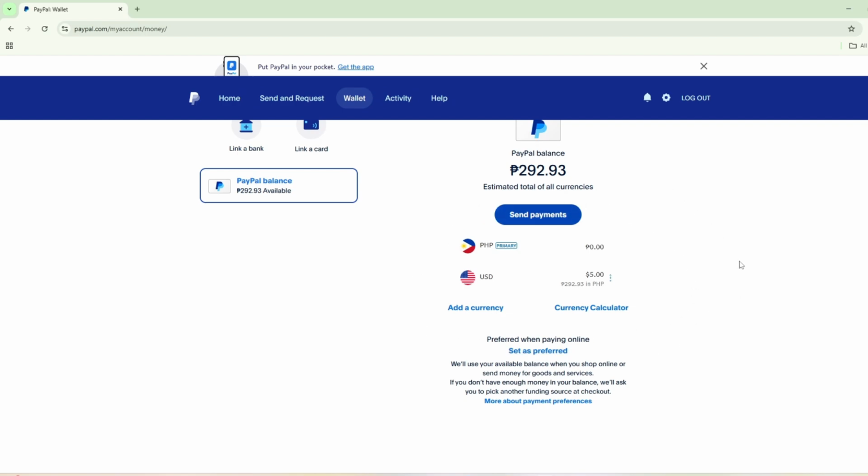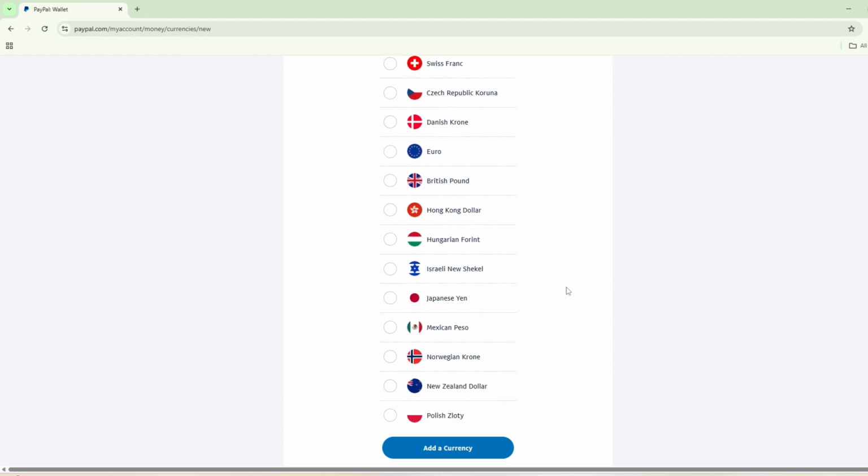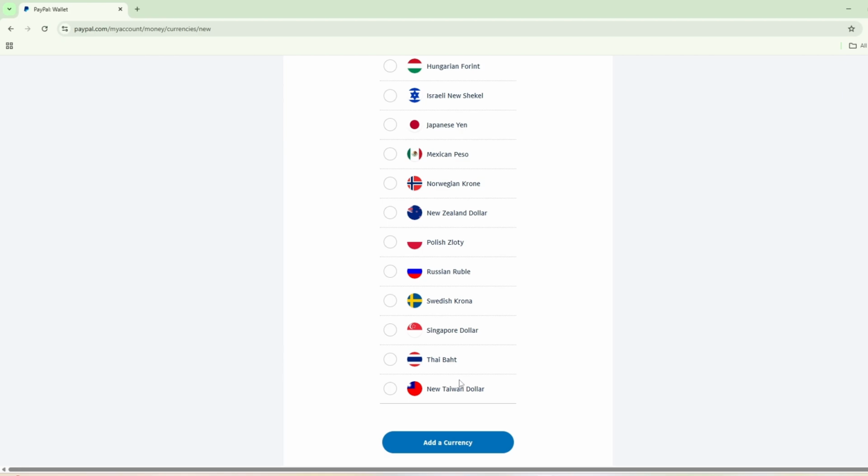Before sending money internationally, it's a good idea to add the currency you plan to send. This helps make the conversion process smoother and lets you clearly see the exchange rate before completing the transfer. Select the option to add a currency, then choose the one you want to send. For example, if you're sending money to someone in Thailand, you can select Thai baht and add it to your